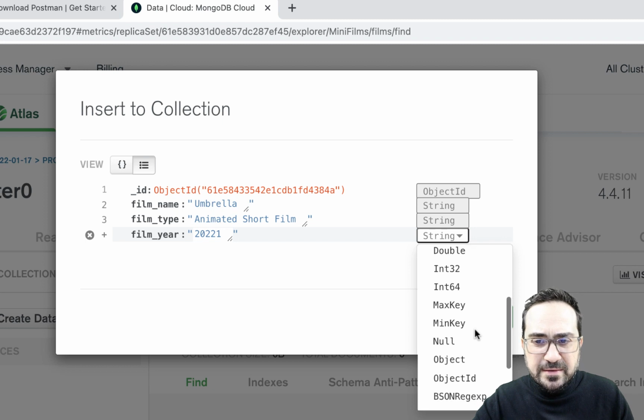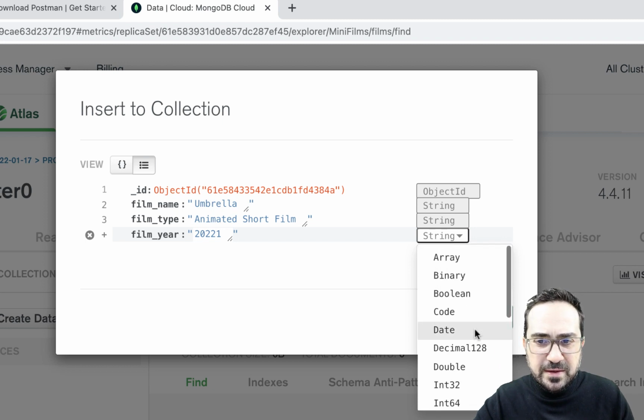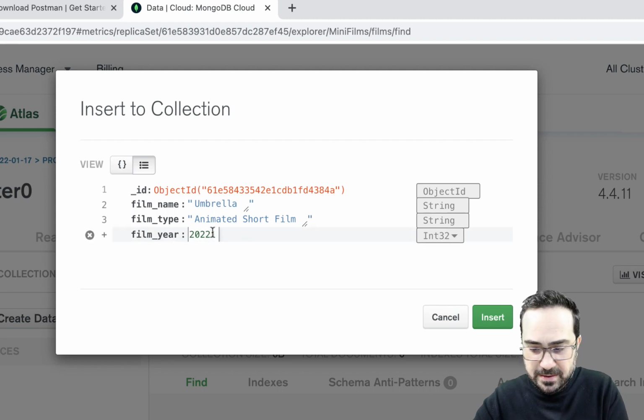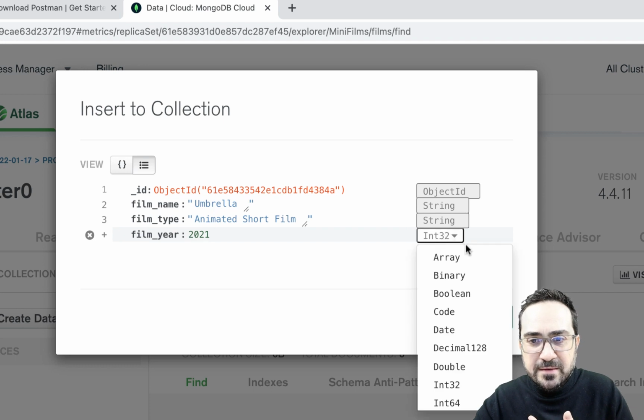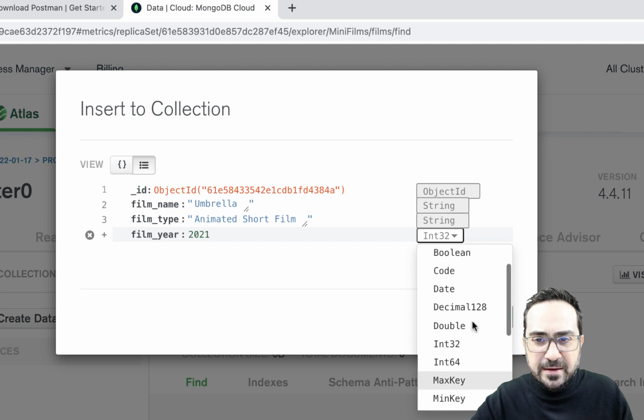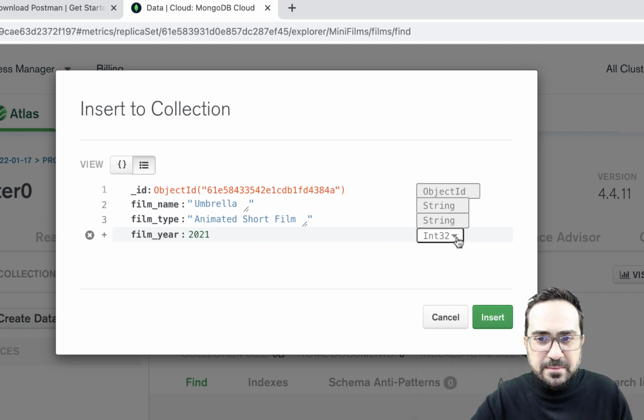There are integers. There are obviously this one, the integer, right? We can make it an int, right? So I have a type again here. We can change it to string. We can have anything we like. For the moment, I will just keep everything as string, all right? Just to make my life a little bit easier.